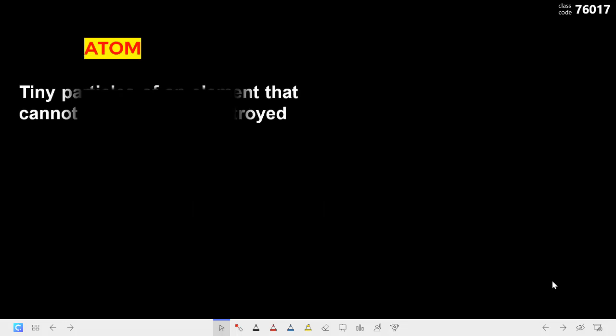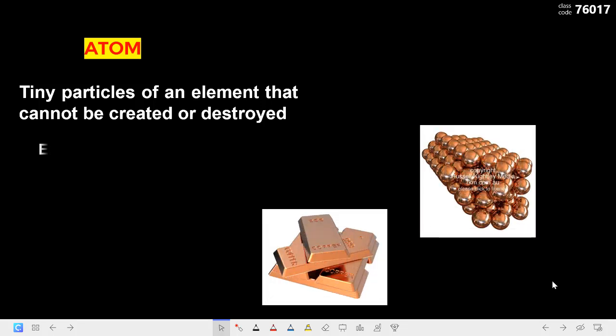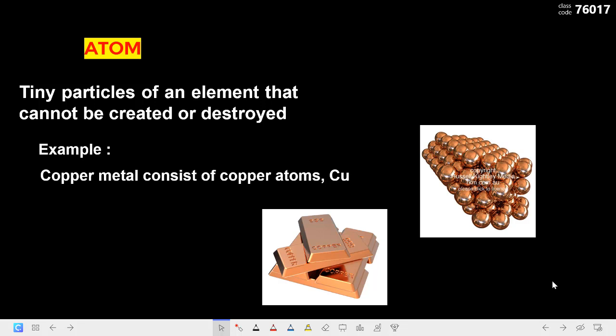So what is atom? Atom is a tiny particle of an element that cannot be created or destroyed. For example, let's say I have copper metal which consists of copper atoms. So kalau you lihat di sini, sebagai contoh, I have copper metal, logam copper, di mana setiap logam copper itu dibina oleh copper atoms, which is tiny particles,